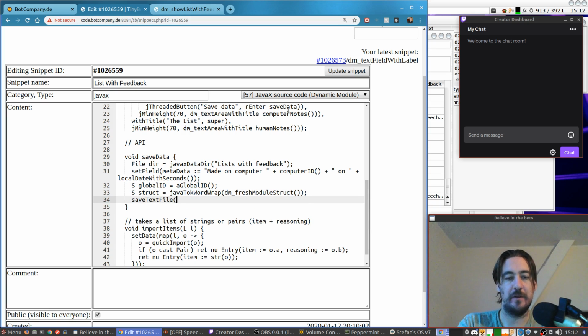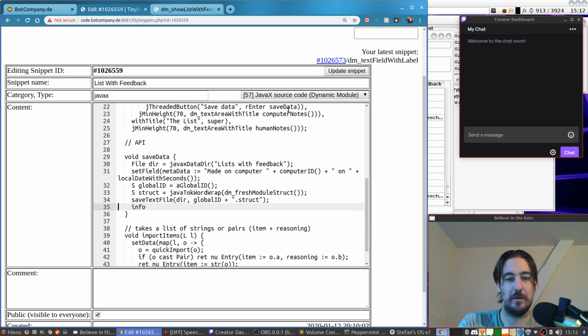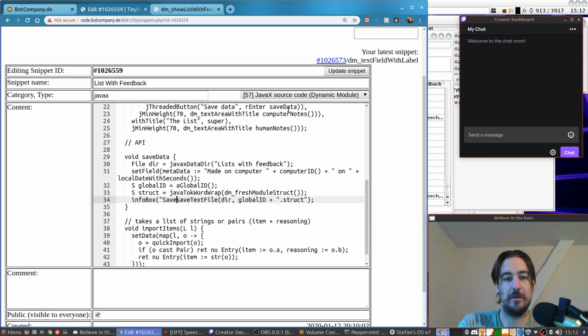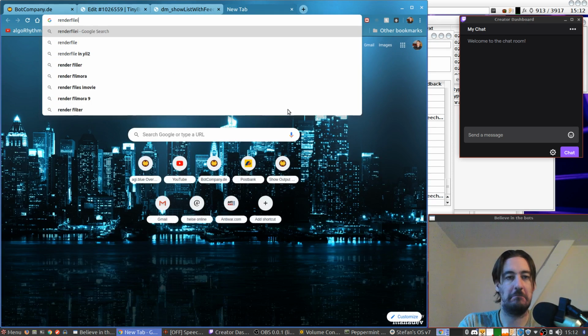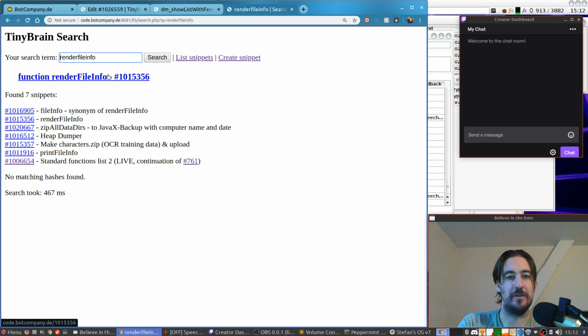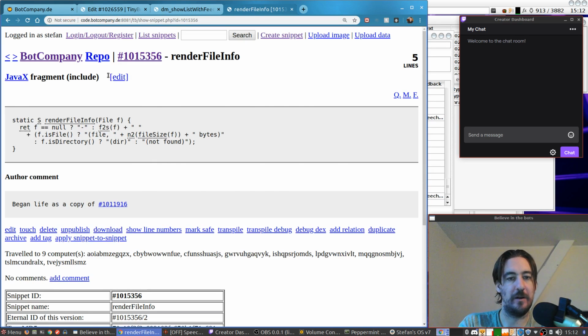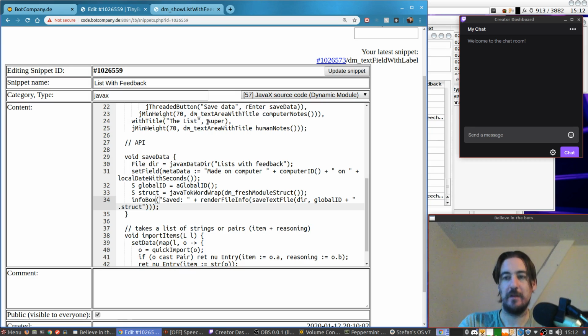Save text file, directory, global ID, and it's a struct. Saved. I think we have something like file info, which gives us a size and the name of the file. Right on. So if we click save twice, it will save in 2 different IDs. Why not?